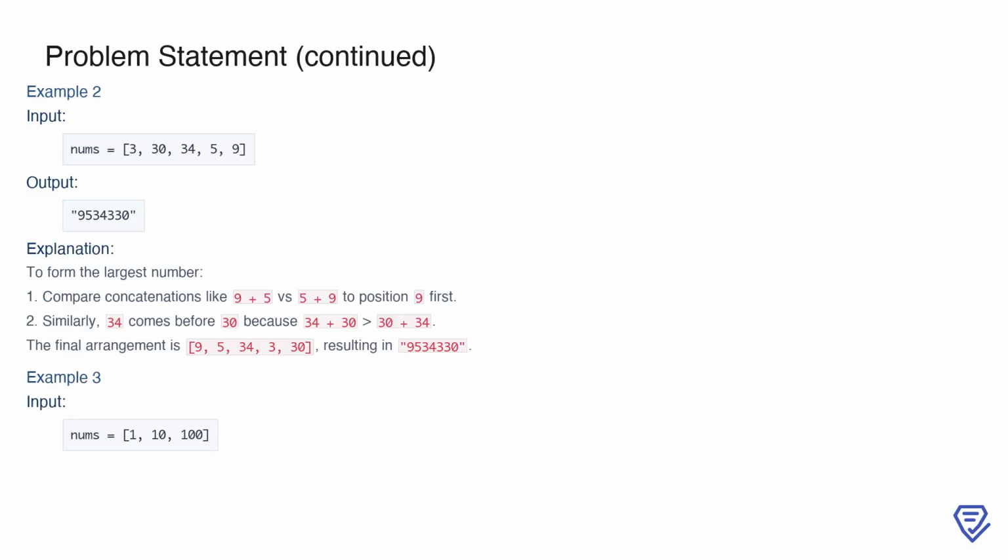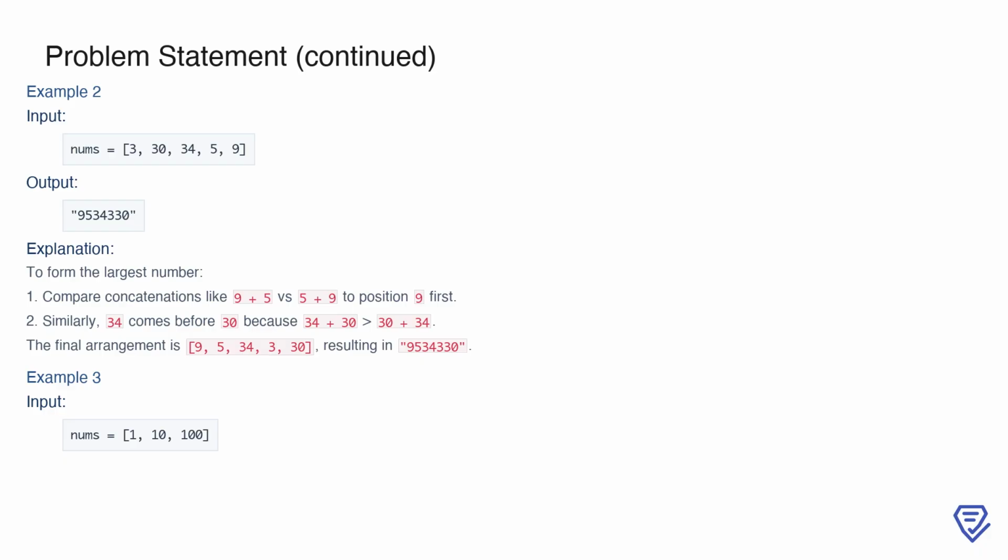Now consider another example where the input is 3, 30, 34, 5, 9. Here, we need to evaluate multiple comparisons to determine the optimal order. For instance, 9 should come first because 9 plus 5 is greater than 5 plus 9. Similarly, 34 should come before 30, as 34 plus 30 produces a larger result than 30 plus 34. By applying this logic to all elements, we arrange the numbers as 9, 5, 34, 3, 30, which gives the